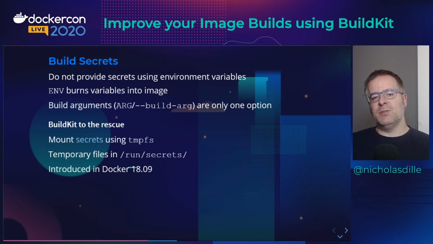So one option to work around this is using a build argument. But BuildKit offers something different: it's able to mount files into a container and mount those files temporarily using tmpfs. Now let's take a look at how this actually works in a separate demo. And for that I've also prepared something,